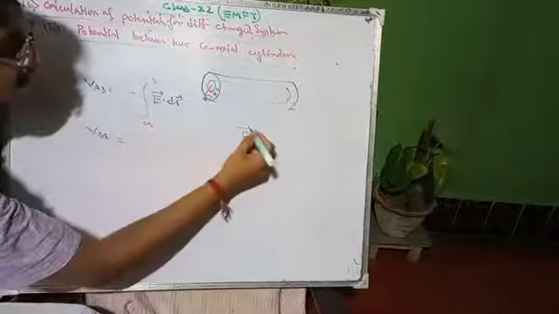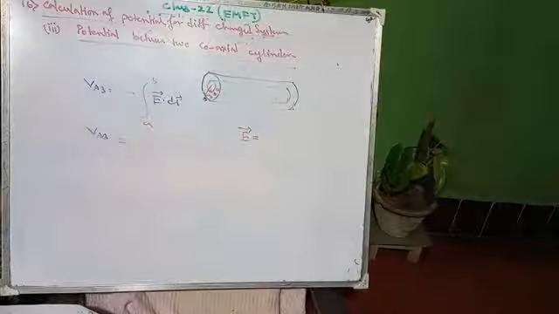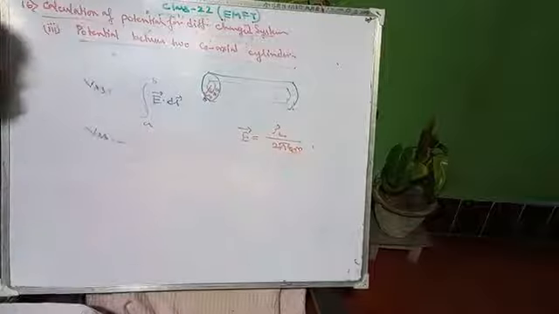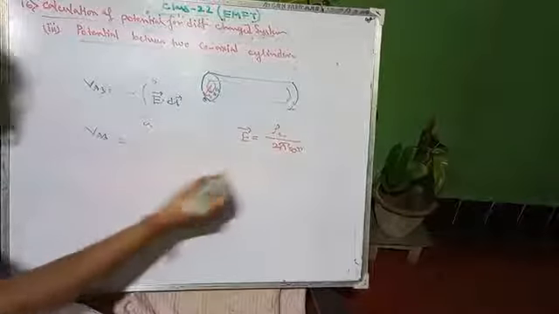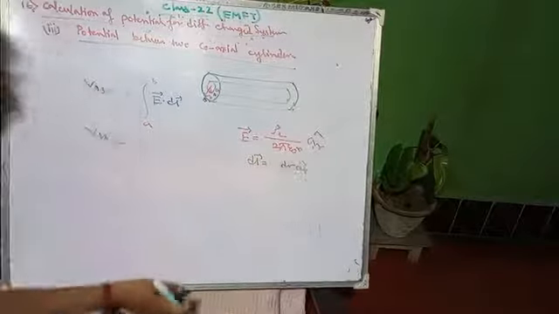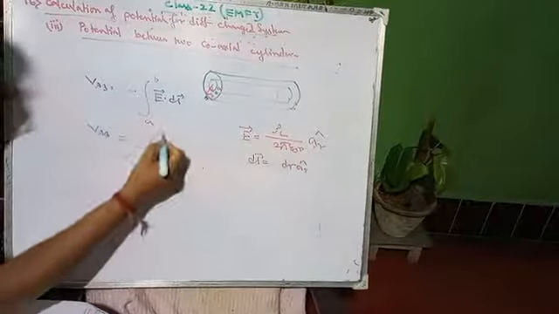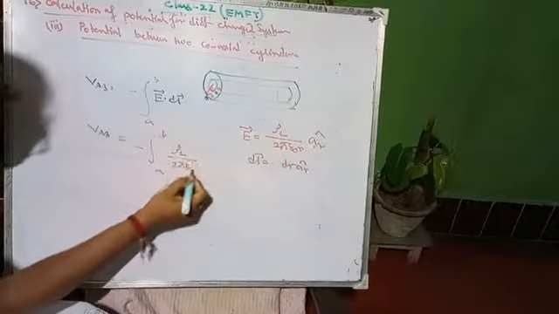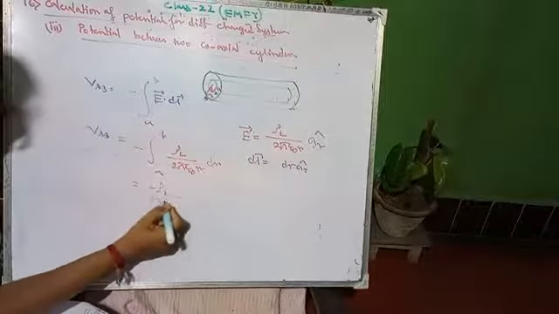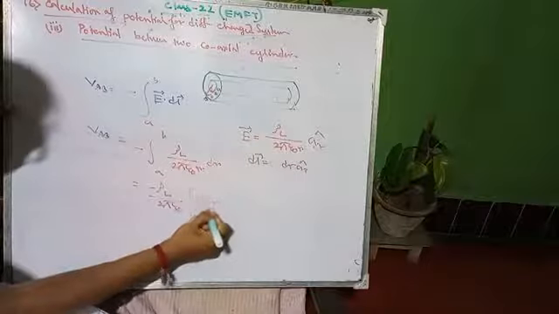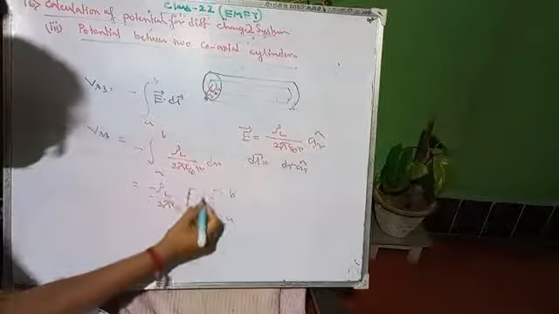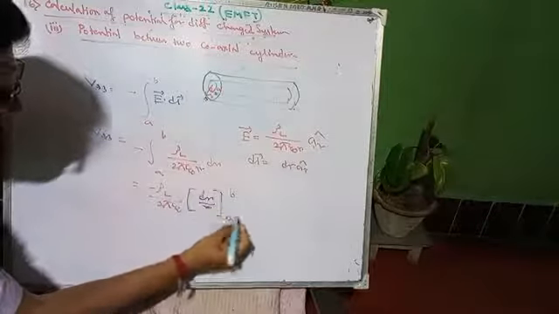For this case, you will have the formula rho L by 2 pi epsilon naught r, in the direction of AR cap, and dl vector equals dr of AR cap. If we make a dot product, it becomes integral from a to b of rho L by 2 pi epsilon naught r into dr. So negative rho L by 2 pi epsilon naught, dr by r having limit a to b.